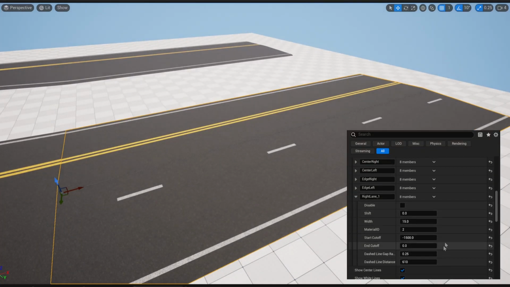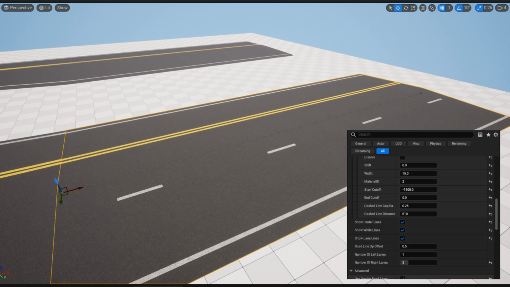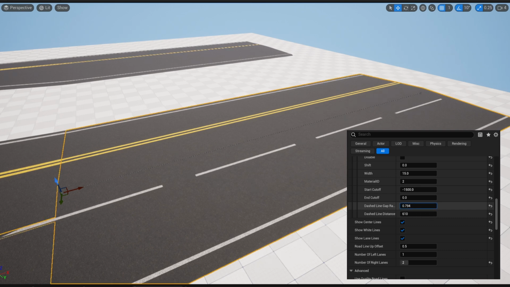You may notice that this road has a dashed line, and if we go into the line option we can see dashed line gap ratio and dashed line distance is influencing it. The gap ratio option refers to how much of a gap should be between each line dash. A value of 0 or 1 will make a solid line like the ones we have seen before, but a gap of 0.25 equates to 75% of no line, followed by 25% of line,